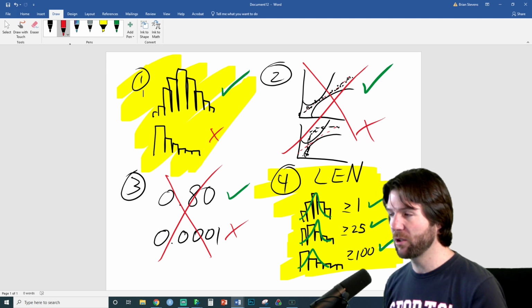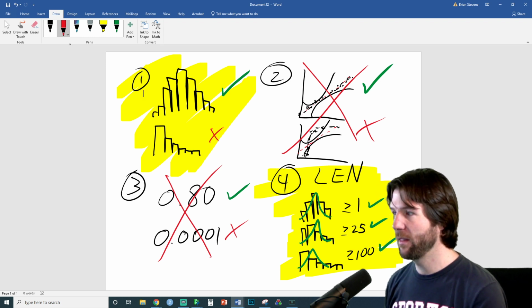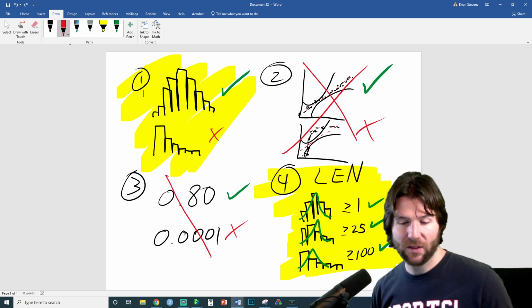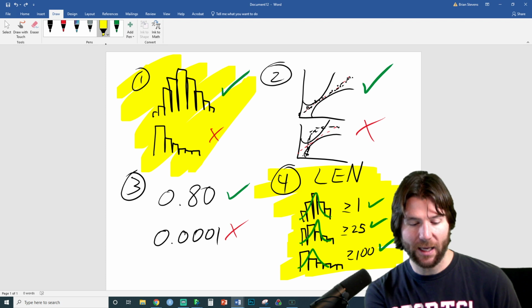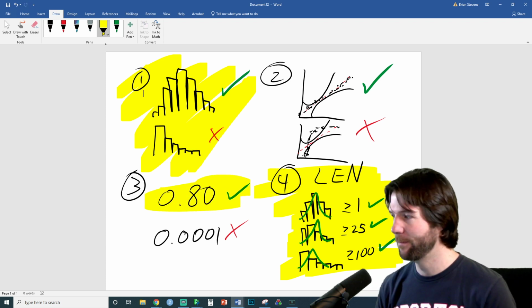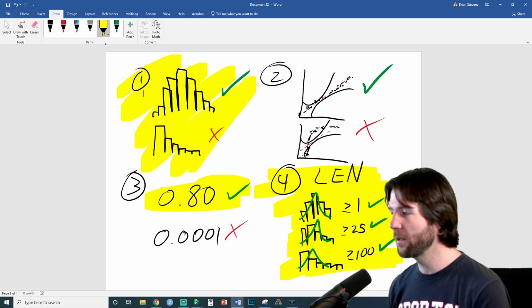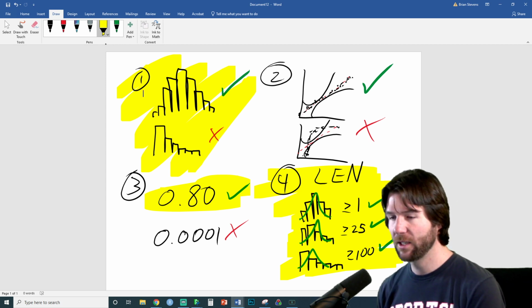If the original distribution is not normal, then the distribution of the mean can still be normal by way of a large enough n. But if you pass this check right here, you're good. If you pass that, that's fine, because if the original distribution is normal, then the distribution of the mean will just be more normal. Because remember, it only gets more normal.